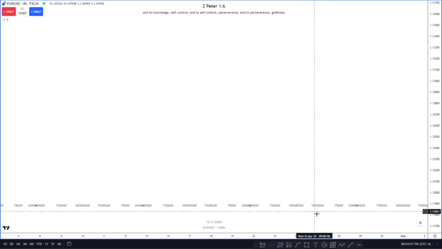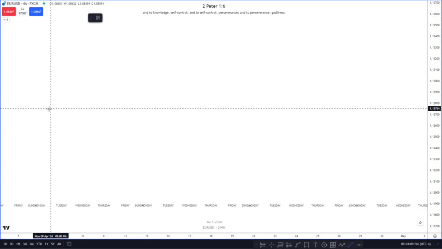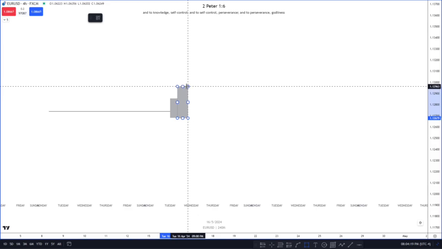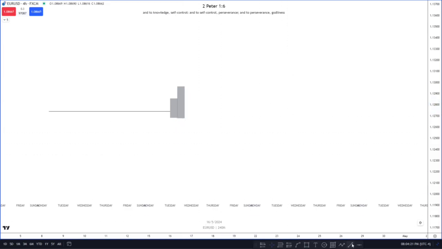So what is the Model 1? Of course, we have to understand what a soup is. Soup is basically a false breakout, right? Where you're taking the old low or old high, and then after that, you continue higher. I'm going to draw you some candles right here as an example of what you're going to be looking for, especially on the lower time frame or the time frame you're executing. You want to see a close below and a close back above, just to confirm